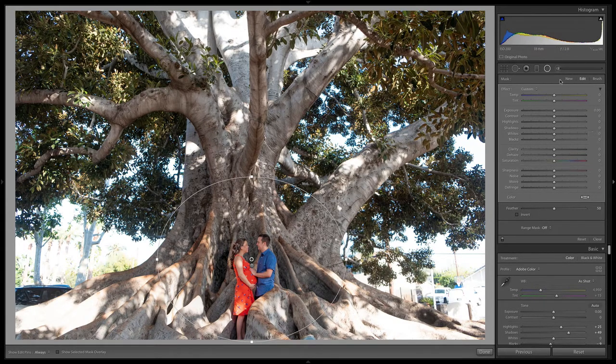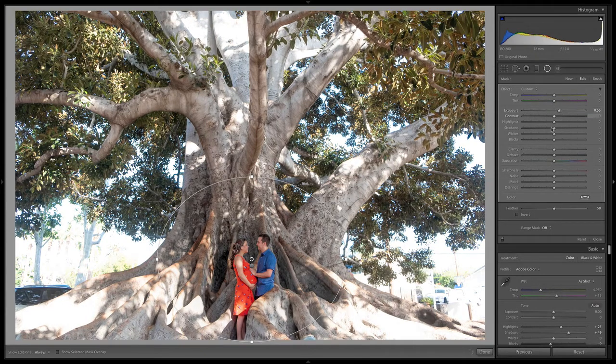But in this instance, what I want to do is boost the overall exposure, and specifically more so the shadows. Even though we brought up the overall exposure of us right there to match everything else, I am going ahead and bringing up the exposure of everything else around us. Notice though, some things start to get pretty overexposed. See the parts of the tree down here that are completely blown out? I am actually okay with that.